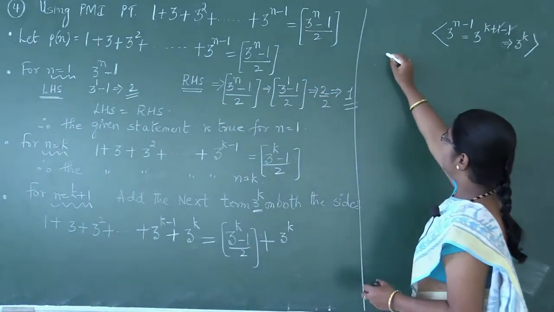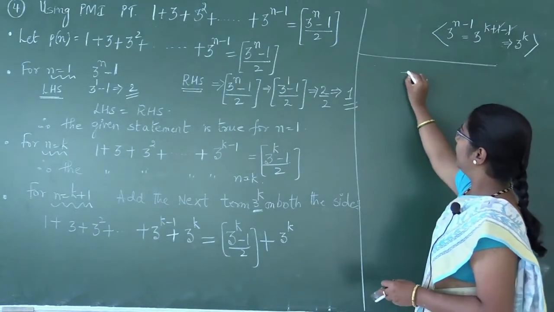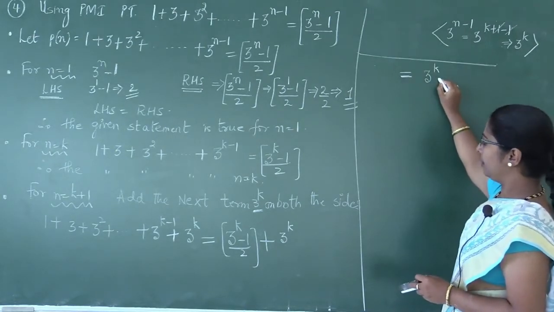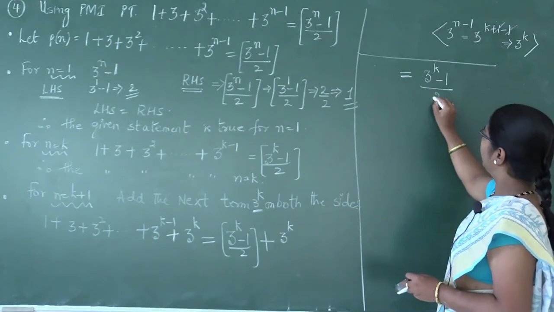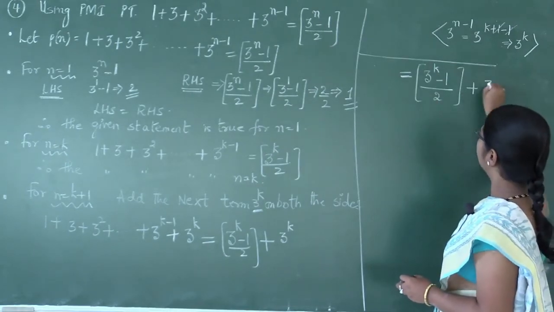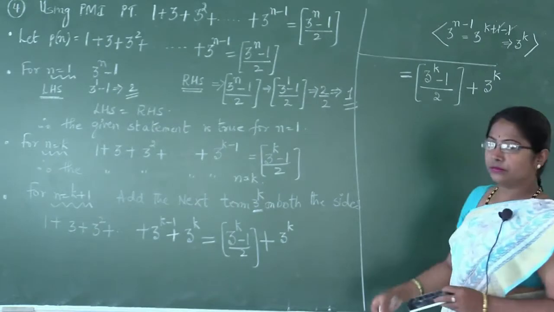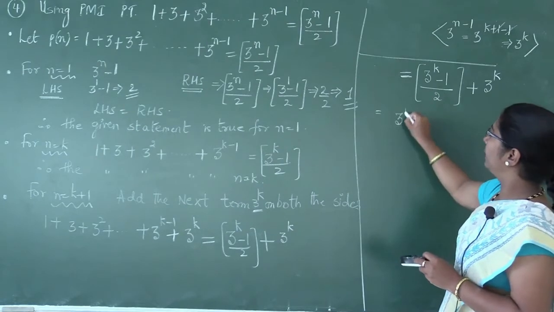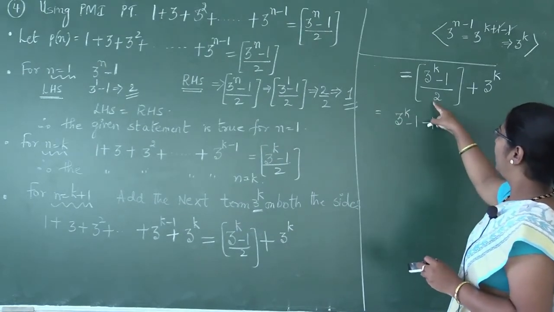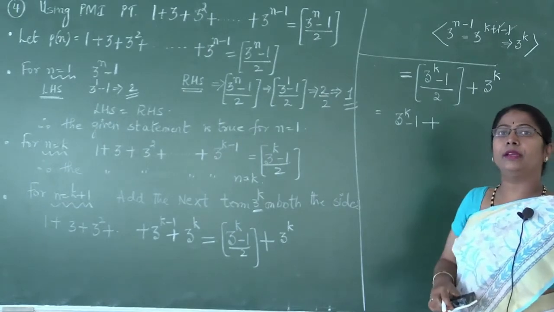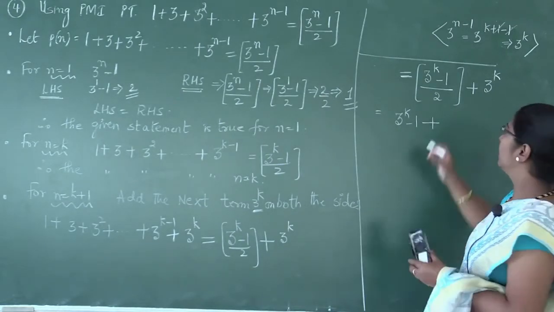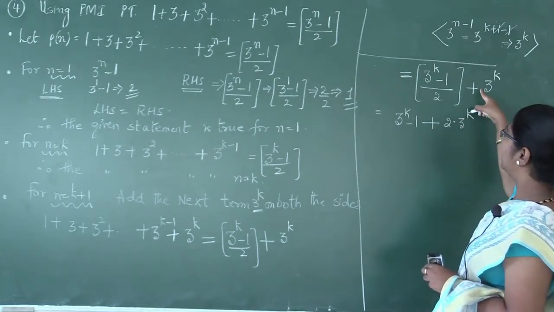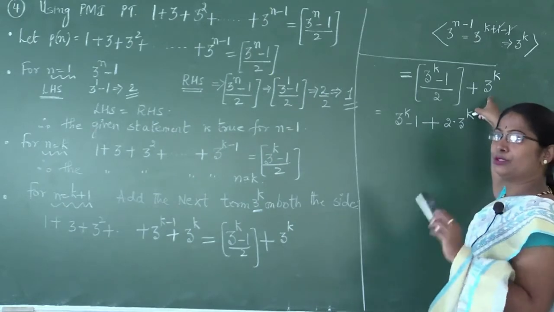Now, we shall simplify. Consider the RHS part now. What is the RHS? 3 power k minus 1 whole thing divided by 2 plus 3 power k. Cross multiply. When you cross multiply, what do you get? 3 power k minus 1 plus how many times 3 power k? 2 times 3 power k, that is 2 into 3 power